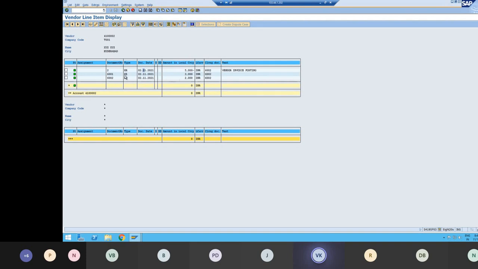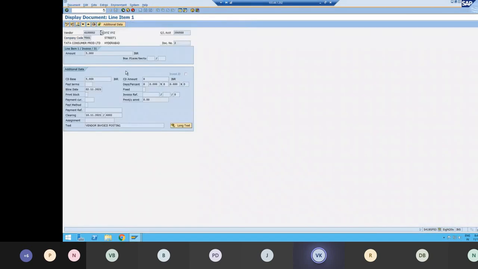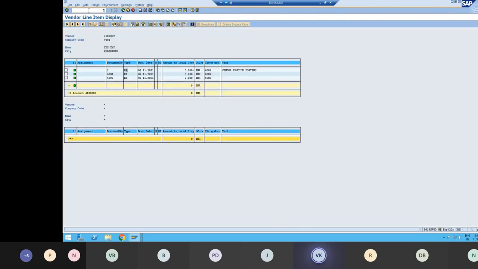But right now we have only a few invoices, so we are able to track it. But in production there will be multiple invoices. So you have to come to that KR invoice, double click on it, and from here you will be able to find the clearing document. And one more thing, when we did the GL part, we used to reverse documents using transaction code FB08. But if a document is cleared, we'll not be able to reverse using FB08. Any questions on this one before we move further?